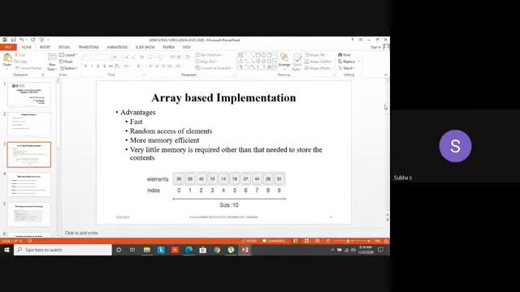In older languages, a few used array index 1 also. Sometimes it's possible to fix the starting index too, for example starting the array elements at index position 5, but in general we are not using that. It's not advisable, so we start the array index with position 0.